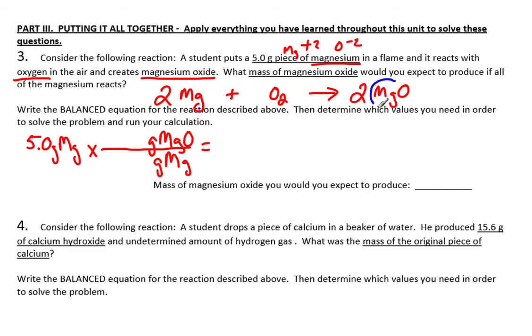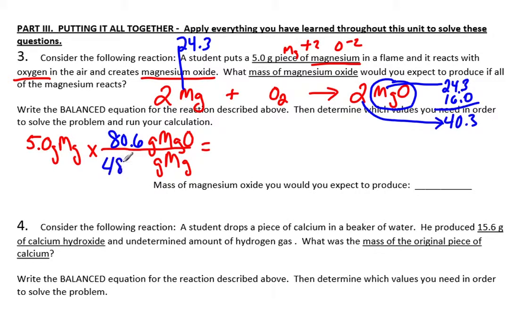What I recommend is looking at the formula and figuring out what one of these weighs, then multiply it by the coefficient. So magnesium is 24.3, oxygen 16.0. You add them up, and it's 40.3. That's what 1 magnesium oxide weighs, but the balanced equation says the ideal ratio involves making 2 moles of this. So 2 times that is 80.6. And if I want to make this, I better start with 2 moles of magnesium. But I can't go in the stockroom and weigh out 2 moles. I need to get the mass. We know one of these is 24.3. 2 of them is doubling it, so it's 48.6. 5 times this divided by this equals